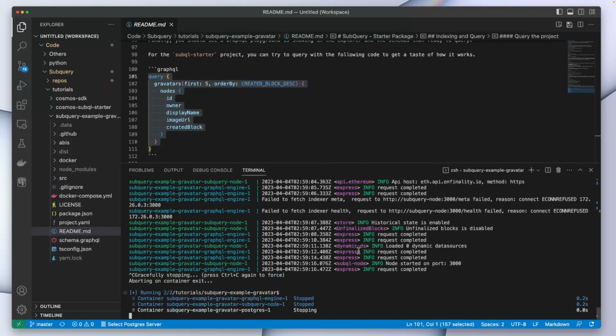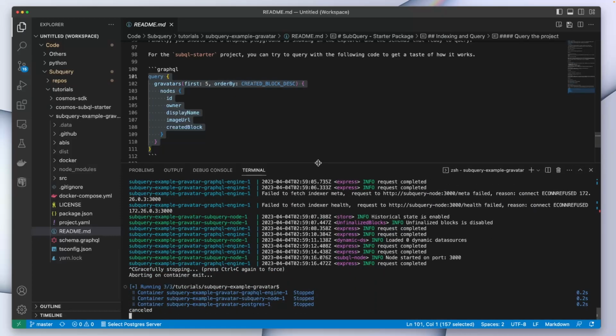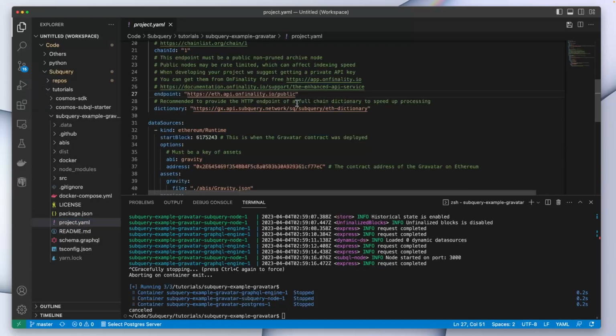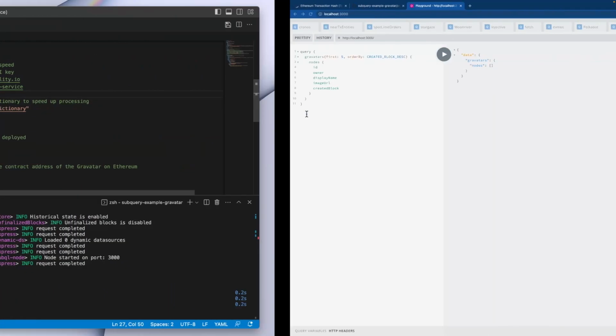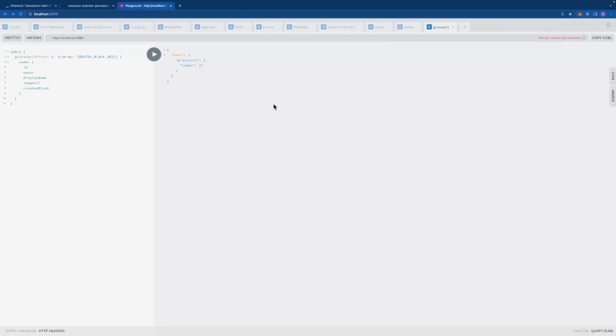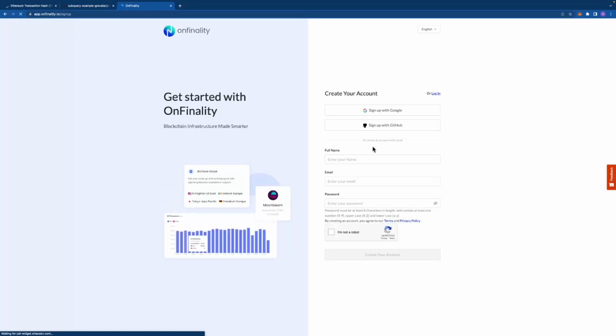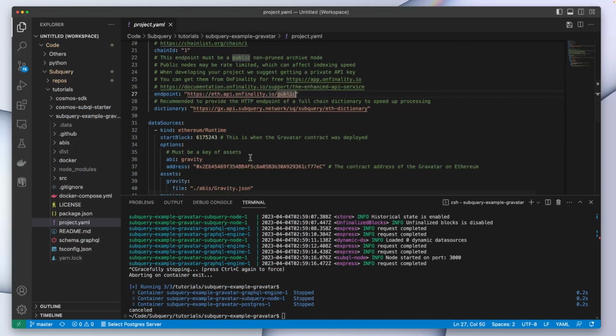And if you do come across this, the likely explanation will be that the endpoint is not correct or there's something wrong. So if I jump into my project YAML file, my configuration file, let's go down here to endpoints. So this endpoint doesn't seem to be working. A quick fix is to jump onto the OnFinality website, sign up with a free account, and attach an API key. So what you can do is go to OnFinality, this site here, create a free account, and within here, access an API key. So I've got that key already, so let me replace my endpoint here and get this